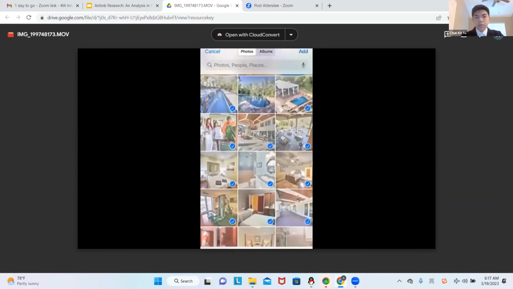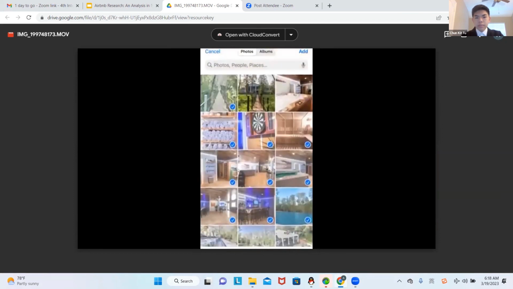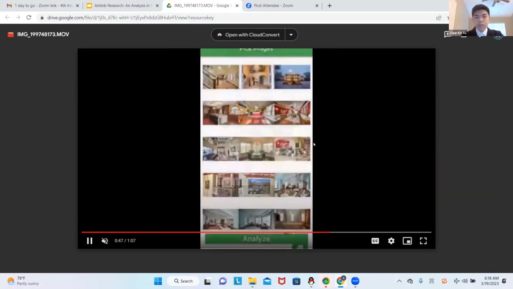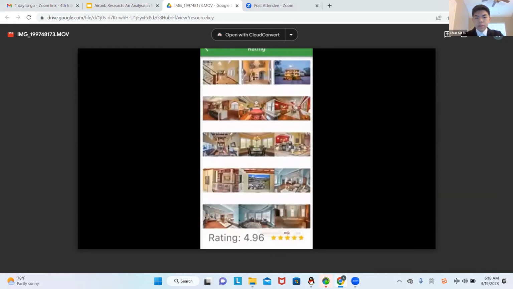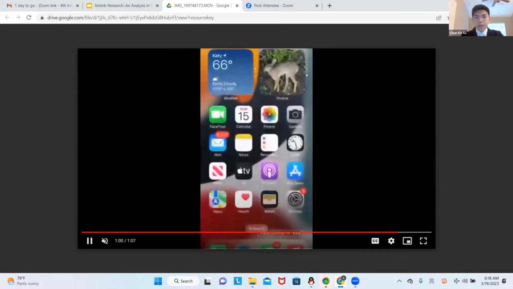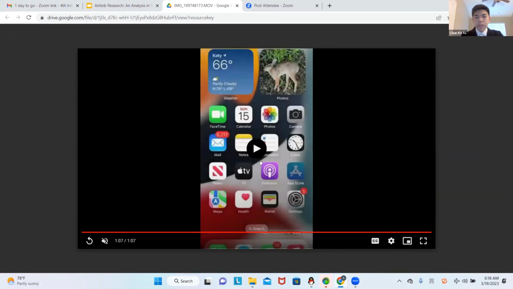And then it will come out with a rating. It will predict the rating basically based on its machine learning model. And we got a 4.96 for this image. These images are all from one place on Airbnb, to see the similarity. This was outside of the machine learning, and the original is 4.91. So there's only a 0.05 difference.